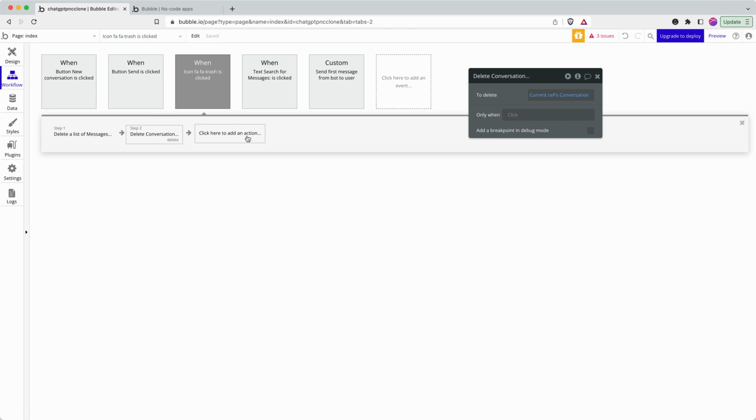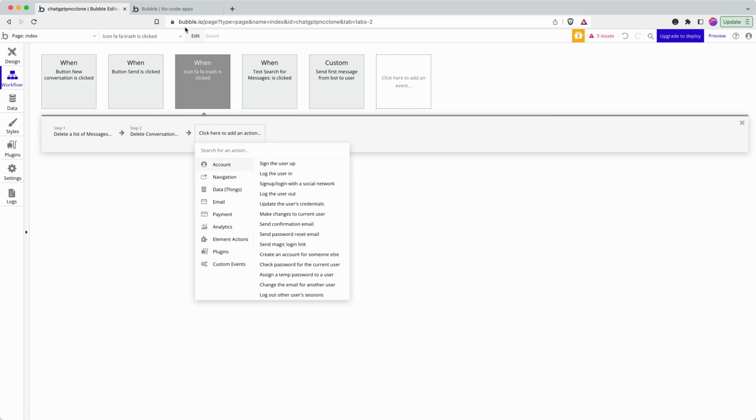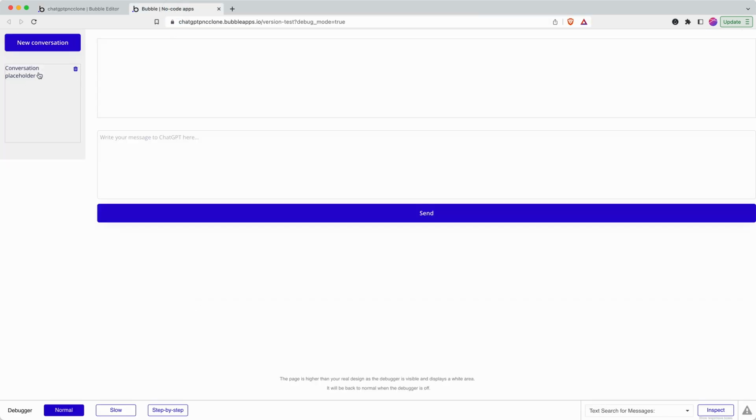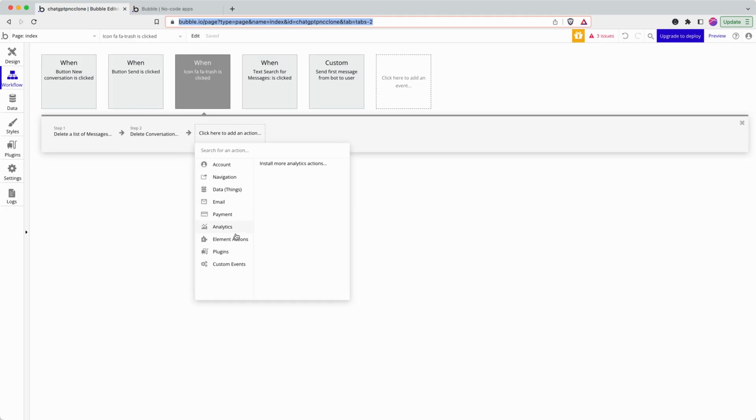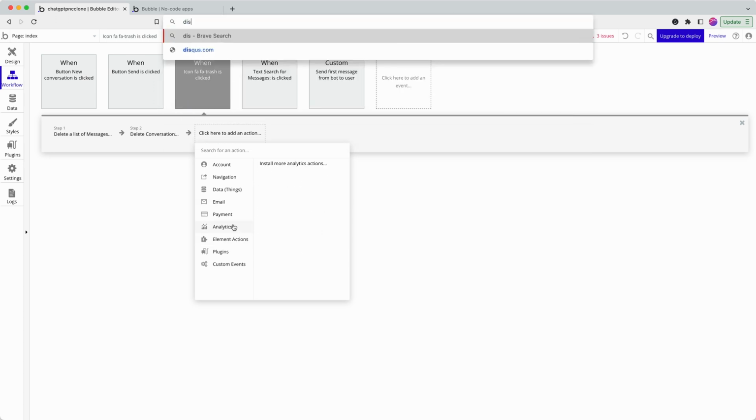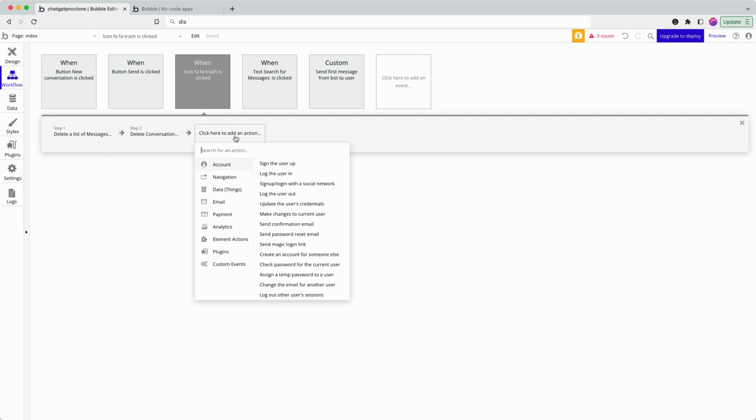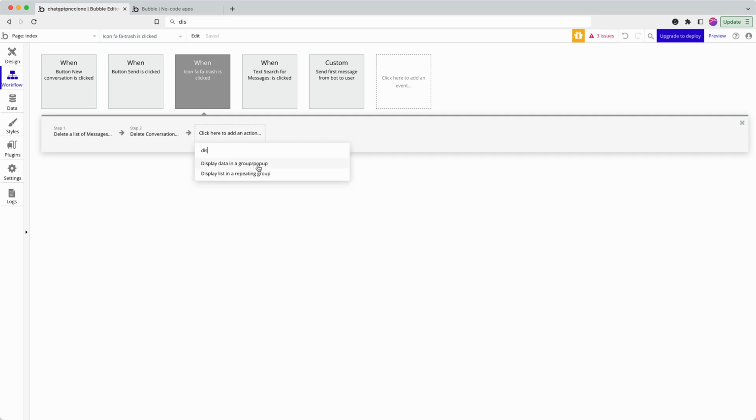I'm going to add one final step here, which is, when I deleted the conversation, I now have an empty chat view, and that means if I send a message here, it's not actually connected in with the conversation. So I'm going to say display, not up here, here. Display data,